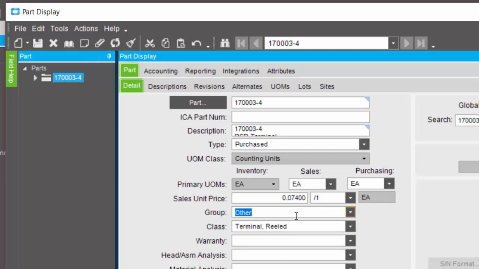If one of our customers, Joe's Boats, came up and said, hey Edson, I would like to buy this part. That normally doesn't happen. We're not normally going to sell this terminal. But if they did and we could make good money off of it, I mean it's only 7 cents, but we could sell it for 50 cents, we'd do it all day. What you must tell Epicor is, I know this is a purchased part. I know that we don't normally